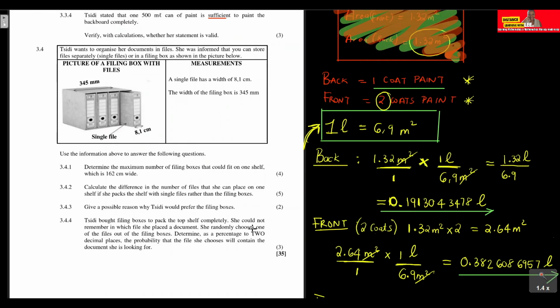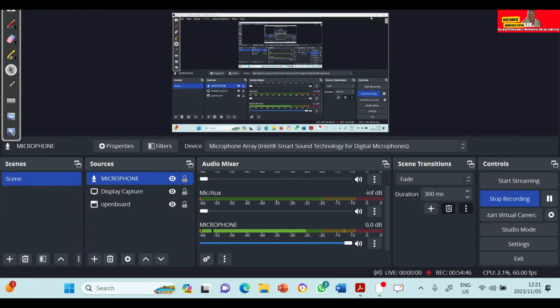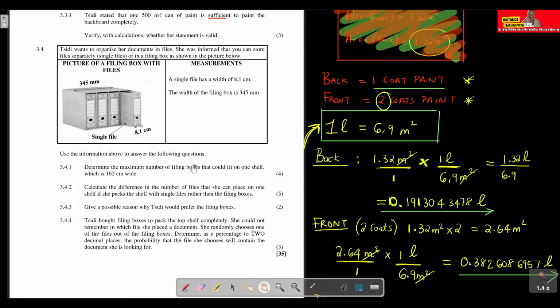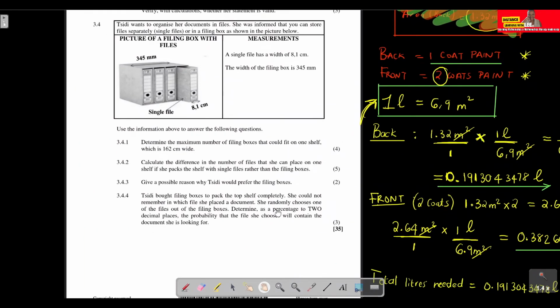All right, and we are basically done with question 3.3.4. Now we're going to have a look at question 3.4. I'm going to do this one on the next page. Question 3.4 deals with packaging, so we're going to use all the concepts that we've learned from packaging. Please make sure that you pay attention. So what is happening here? In question 3.4, we are told that